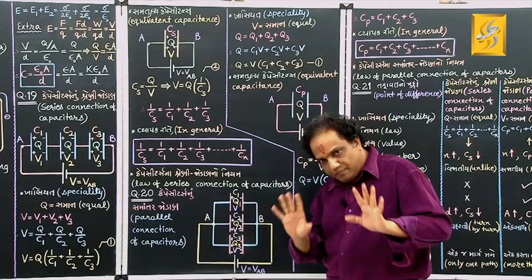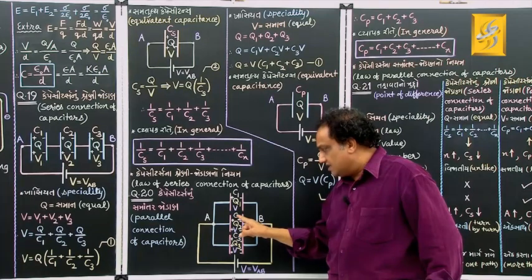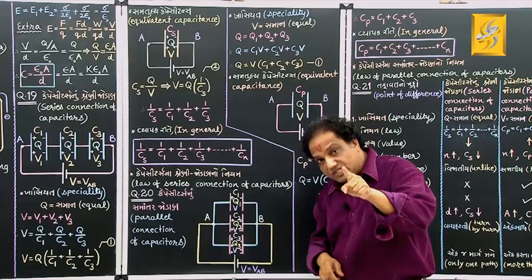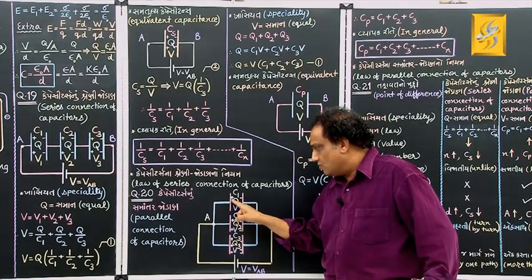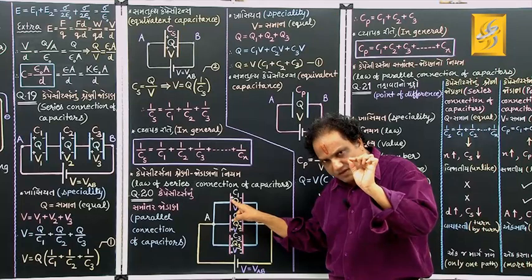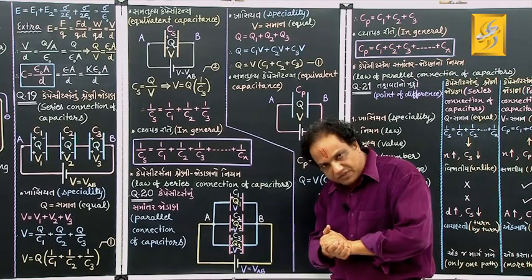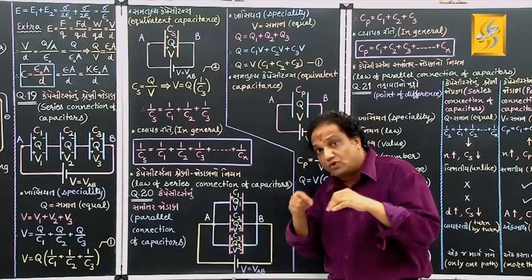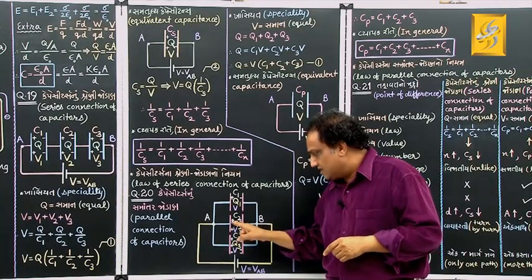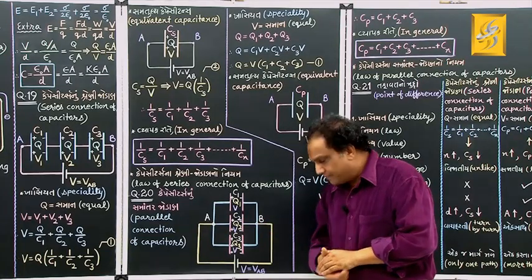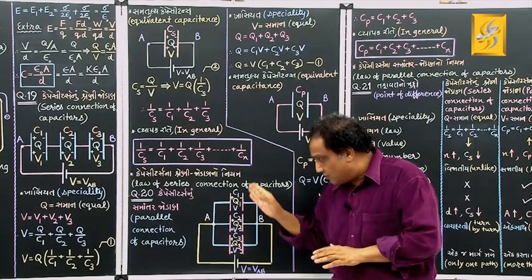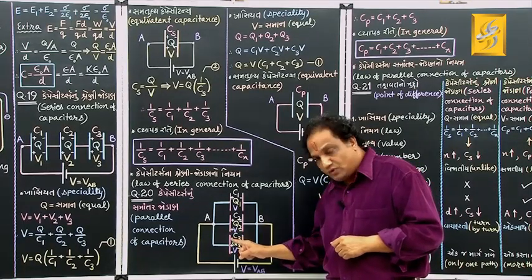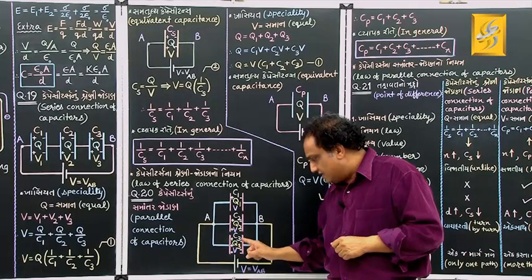In the figure, suppose C3 is greater than C2, greater than C1. So C1 is the smallest value, so it should have the smallest value of charge. That's why I am showing here only one plus sign, and here only one negative sign. Compared to C1, if C2 is greater, then here the amount of charge you must show greater. Here I am showing two plus signs and two negative signs. And if C3 value is the greatest among these three, then it should have maximum charge. Here I am showing you three positive signs and three negative signs,